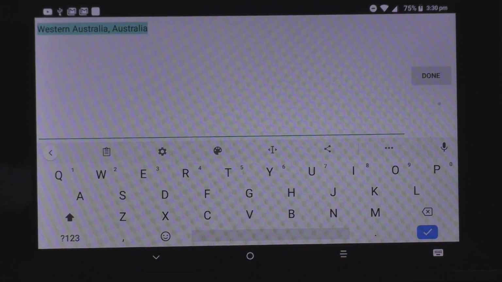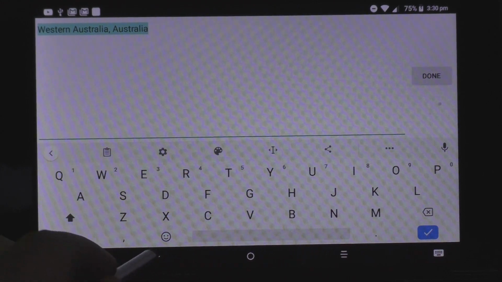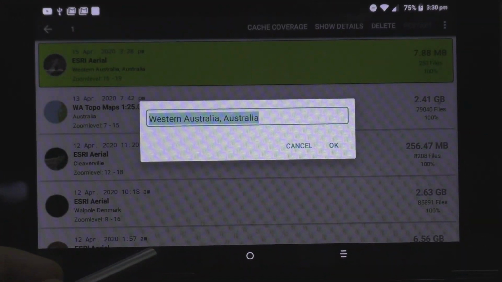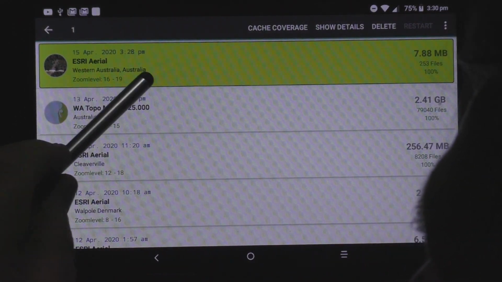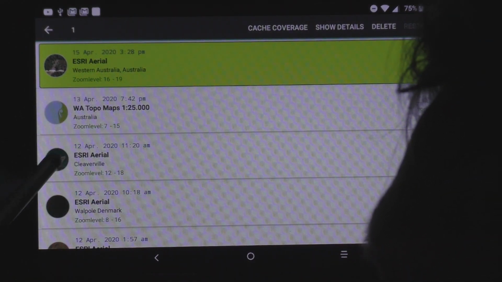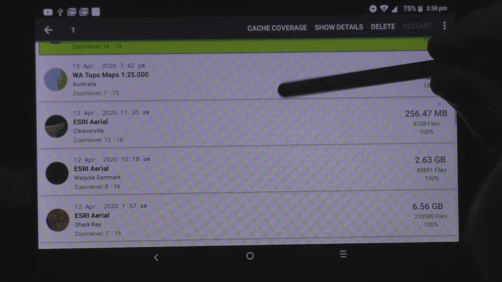Okay, so I'm not going to change this one, but we'll just go back from there. So you can change the name and that will change this name in here. As you can see, we've got Australia, Cleaverville, Walpole, Denmark, and a list of maps that I've already downloaded to